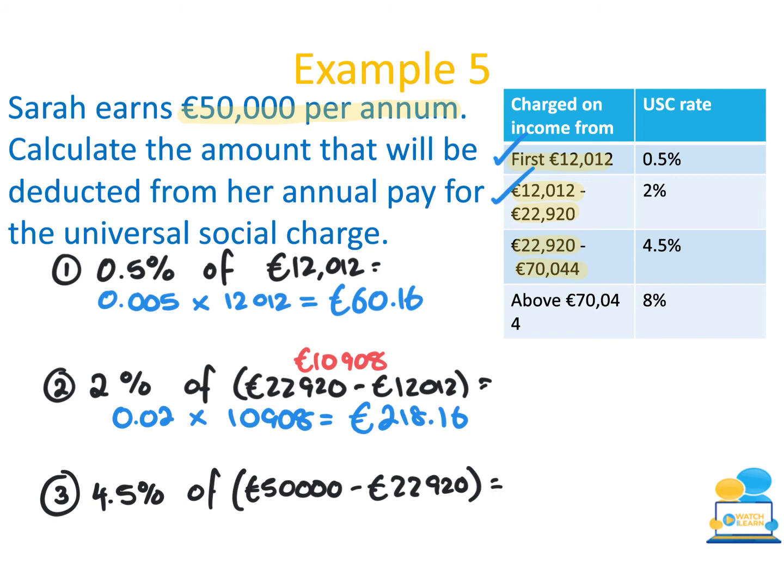in between 22,920 and up to the amount that she actually earns in the year, which is 50,000. So I need to first figure out how much money is in that band. So 50,000 minus 22,920, and that gives me €27,080. So I'm now going to find what's 4.5% of that. So again, 4.5% as a decimal is 0.045 multiplied by the gap in between those two amounts, which is €27,080, and that gives me